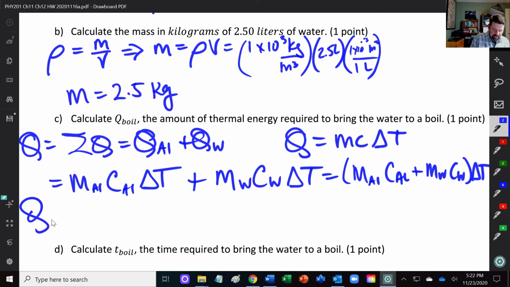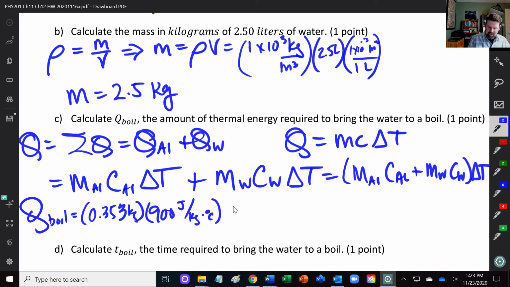So the amount of heat to boil is the mass of the aluminum. What was the mass of the aluminum? 0.353. We can look up the specific heat of aluminum, 900 joules per kilogram degrees Celsius, plus the mass of the water. What is the mass of the water? 2.5 kilograms. Specific heat of water is 4186